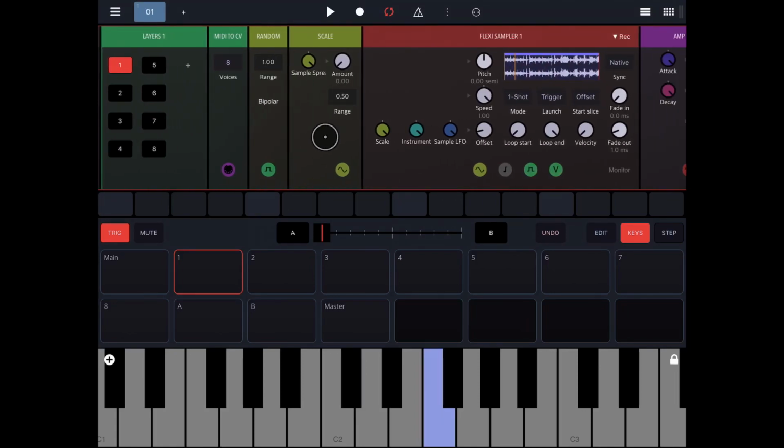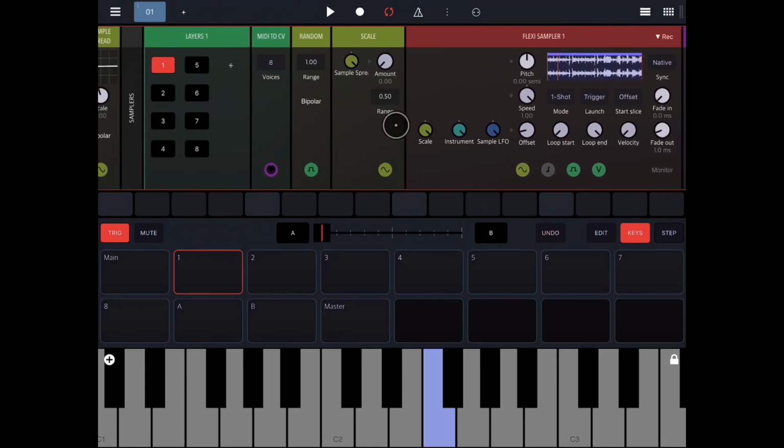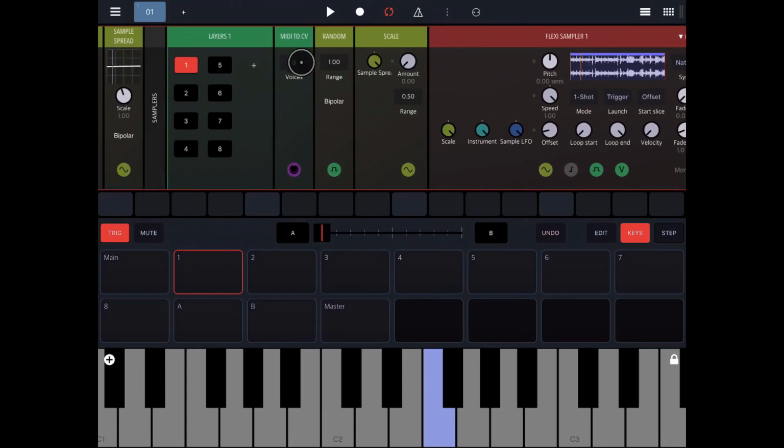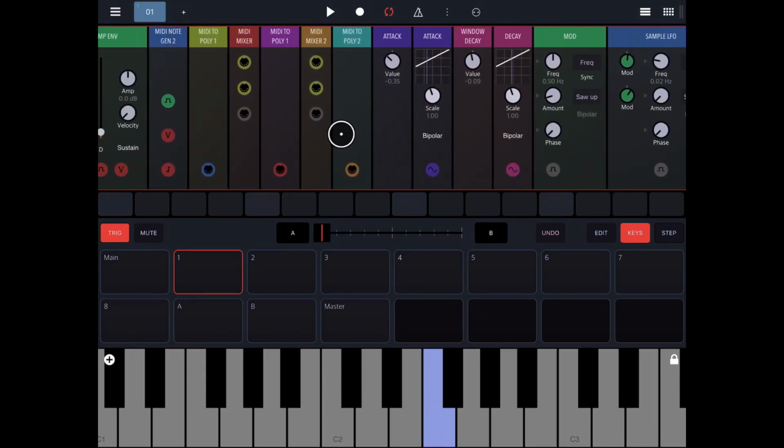Each layer has its own flexi sampler, its own envelope, and then most importantly, its own MIDI to CV module. And each of these has 8 voices. The way you're able to get 64 grains out of this is back here